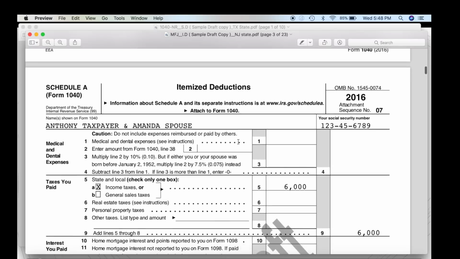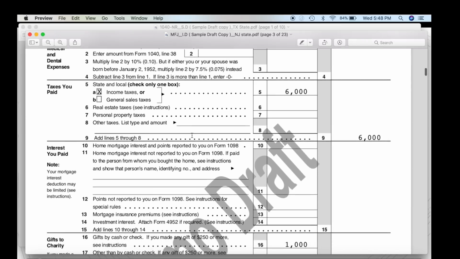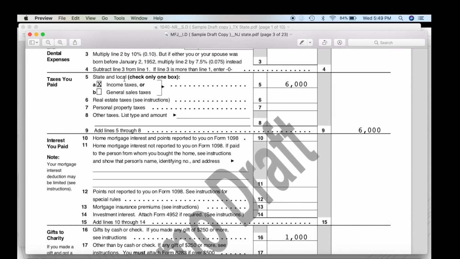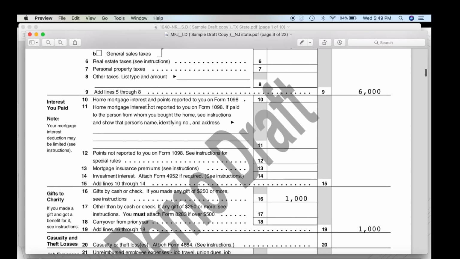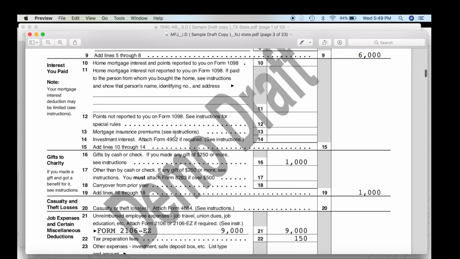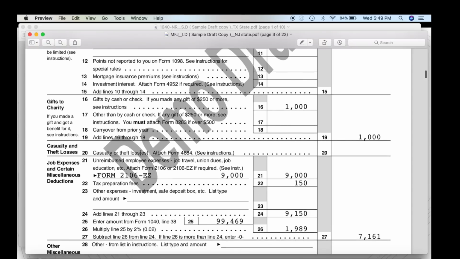looks something like this. So it gives you detail of the medical and dental expenses that you have incurred. And remember that even medical and dental expenses, you can claim it only in excess of 7.5% of your AGI. And then taxes you paid, the state and local income taxes, general sales tax, real estate taxes, personal property taxes, then the interest, home mortgage interest paid outside the US, then mortgage insurance premium, your charitable contribution whether in cash or in kind, then any losses,